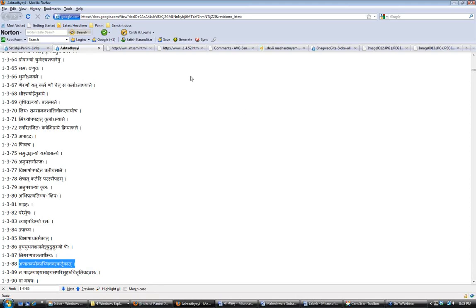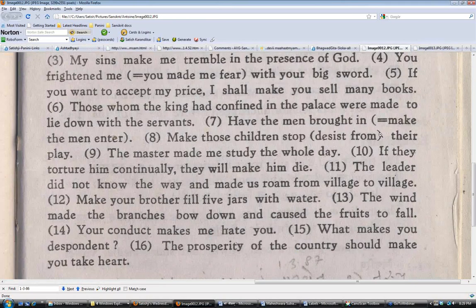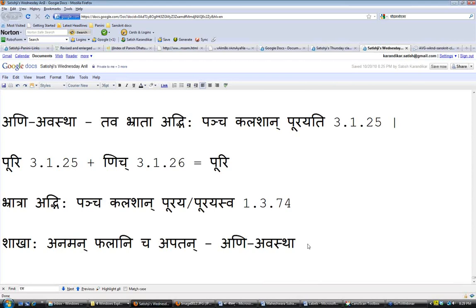Okay, so let's finish off now. Let's put the final answer we have. So what do we have? I think we have Vayu, right? Vayu anilaha. Shakha is like Rama shabda. So shakhaha. Now anamayat, correct? Anamayat. And phalani cha apatayat. So again the same, mitam rasvaha, so it will be namayat.